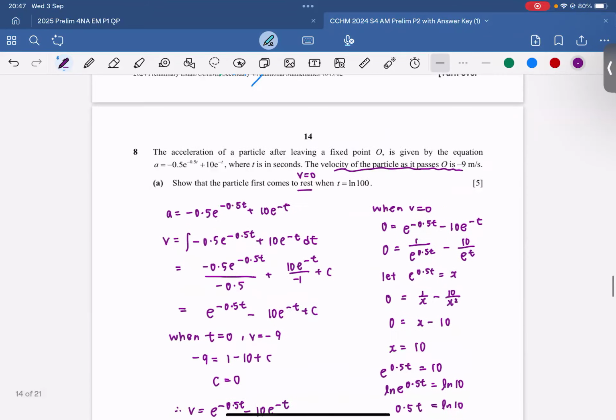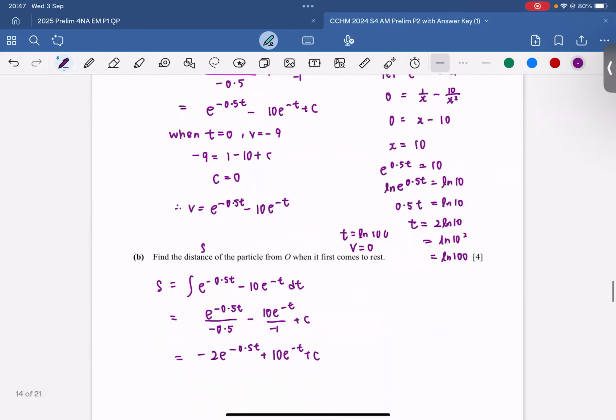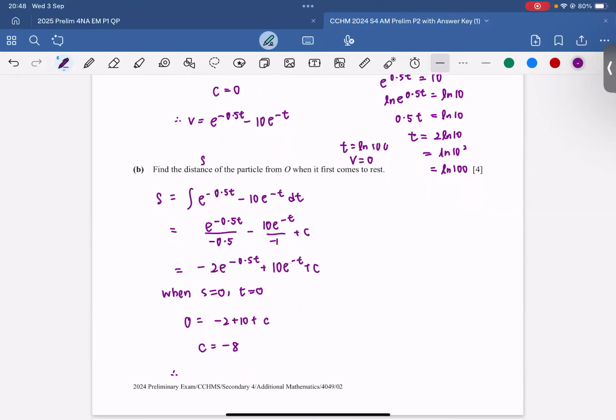Okay, then we read the question. T is the time when it leaves the fixed point. That means at O, the T is actually 0. So when S equals 0, T equals 0. So 0 equals -2 plus 10 plus C. So C equals -8. So therefore, S equals,